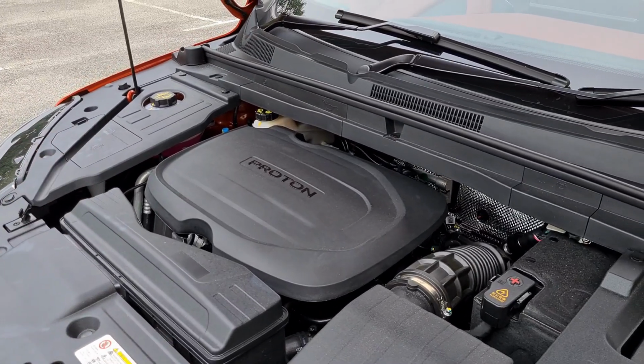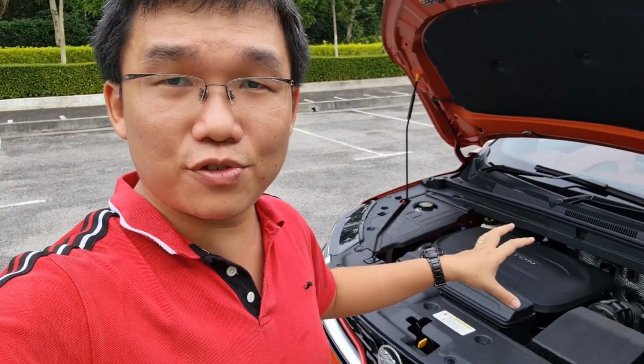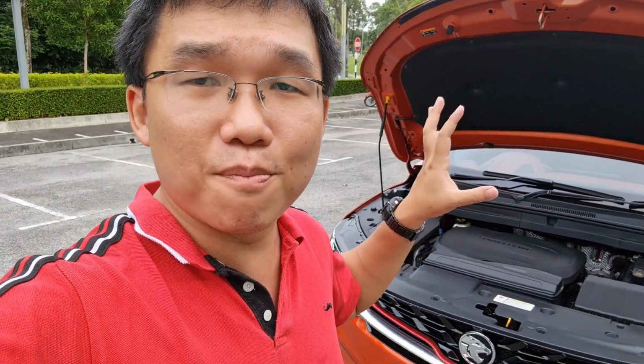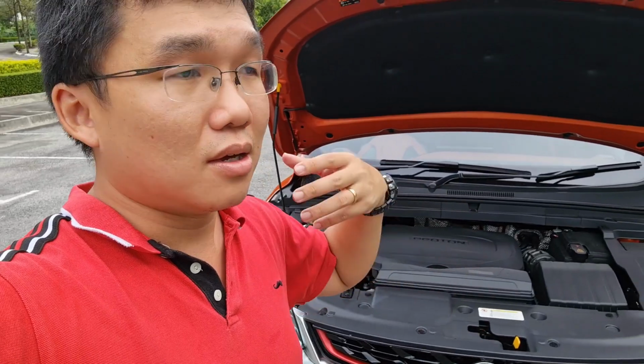Not that this cannot be done now, by the way, because bear in mind, BMW used a 1.5 litre 3-cylinder engine in the F33 series not too long ago, and that same engine also is used in the i8. And also don't forget, Ford's 1-litre 3-cylinder engine was an International Engine of the Year winner many times over. If you go back 20-30 years ago, yes, 3-cylinder engines were for cheap K cars, but today car makers have mastered the ability to make 3-cylinder engines with the kind of refinement that easily matches up